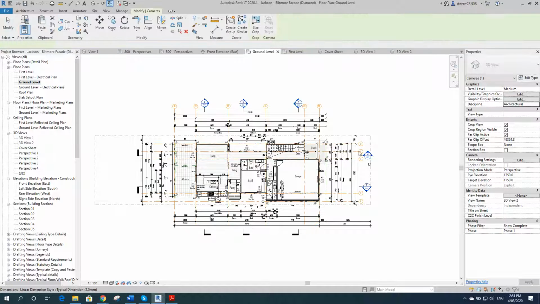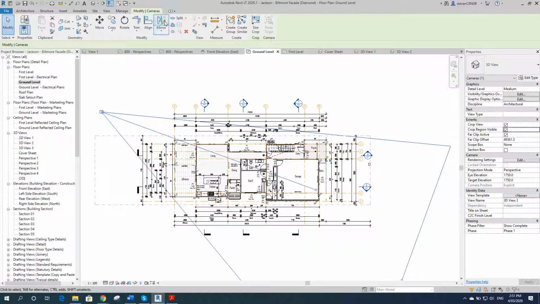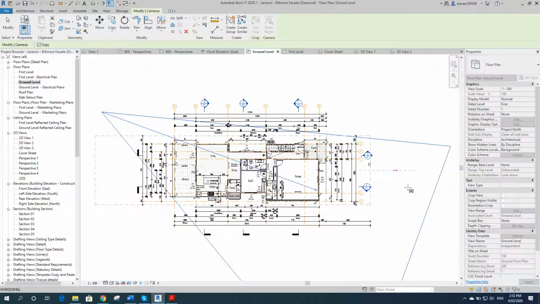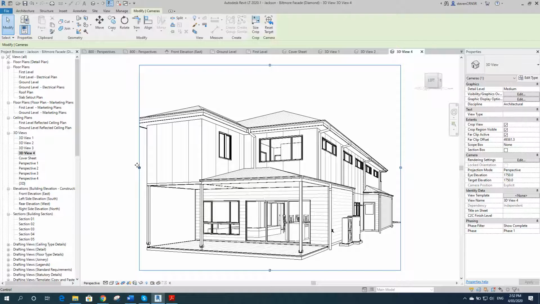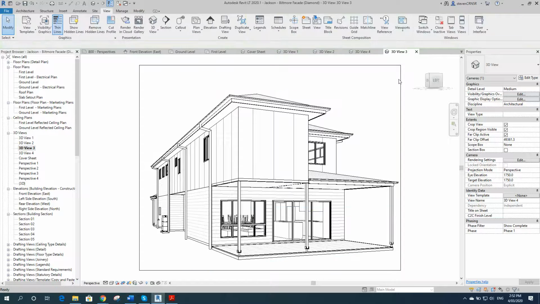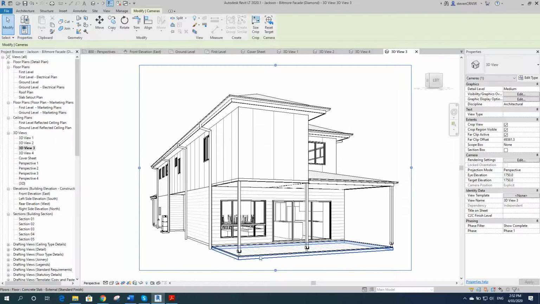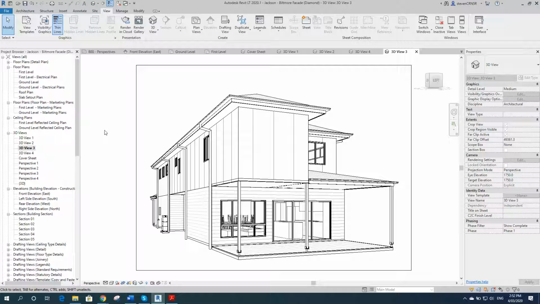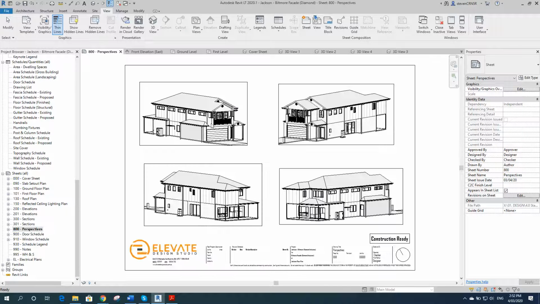So I'll go back into the ground floor and I'll mirror it about halfway into the house, and then I will mirror that again to create the four. And then we just need to adjust it there. And it also means that the settings of our room line boundaries are still off. So then if we do bring them onto a sheet,